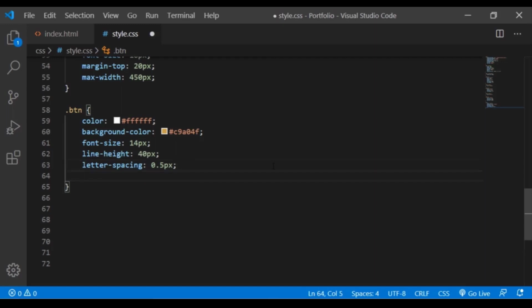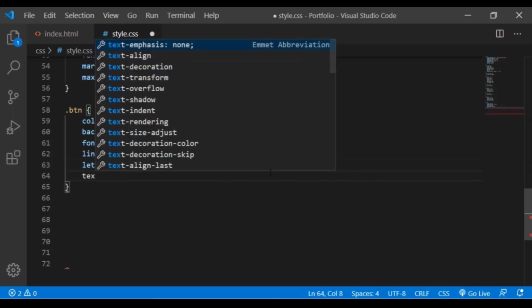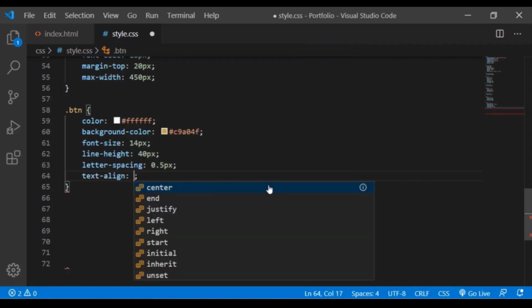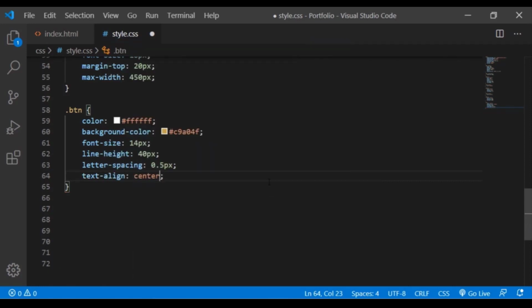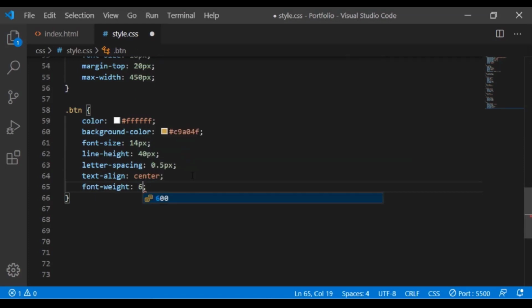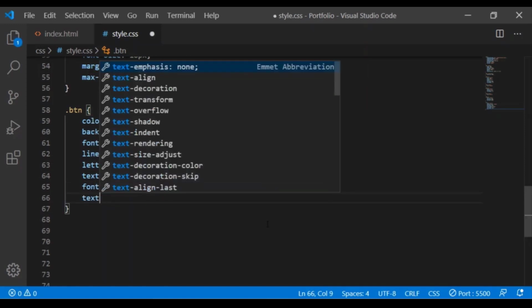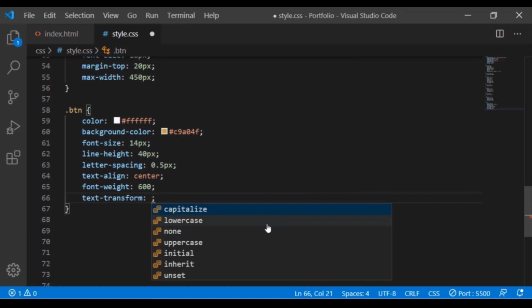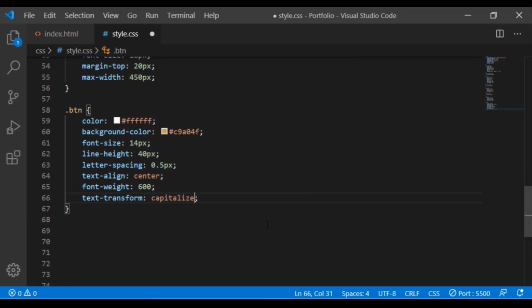Text aligned to center. Font weight to 600. Now we will add text transform to capitalize, which will make the first letter in each word capital.